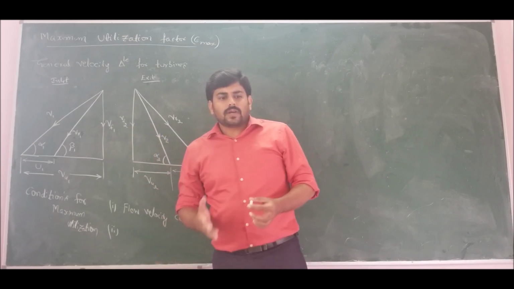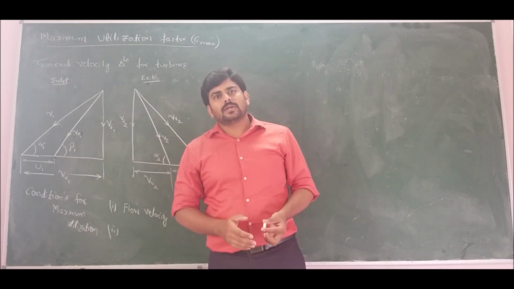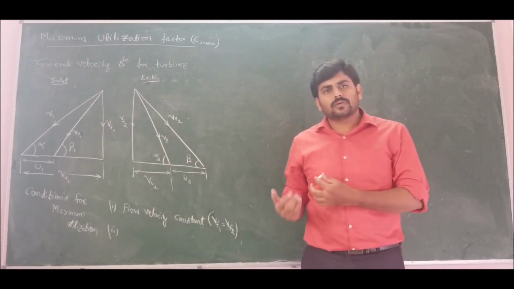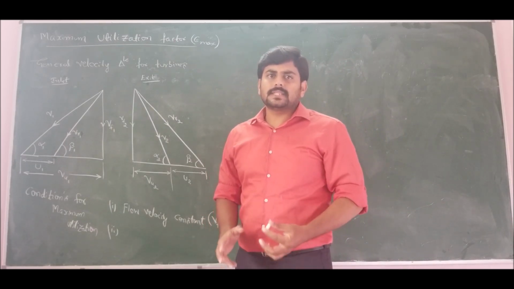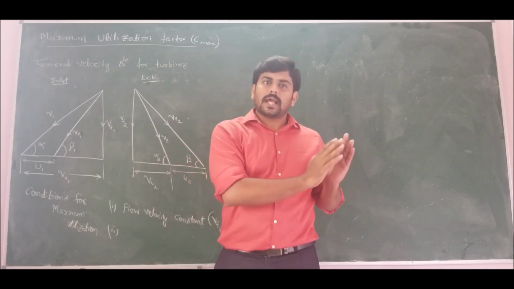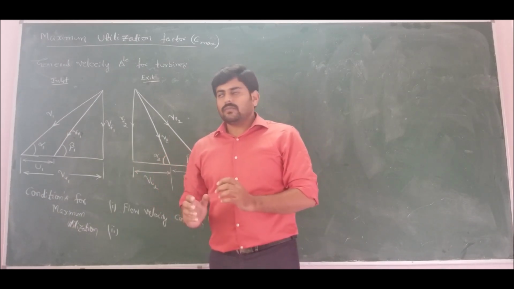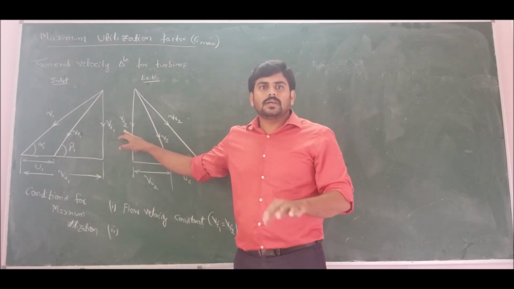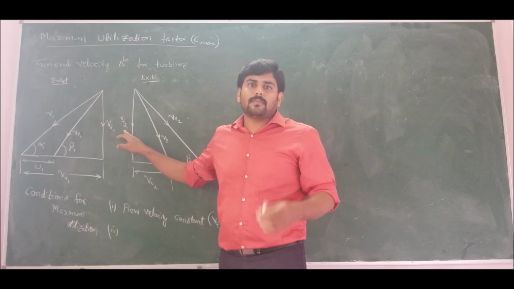In the sense, for axial flow turbines, the discharge velocity should be equal to the axial component of absolute velocity. For radial flow machines, the discharge absolute velocity of the working fluid must be equal to the meridional component of absolute velocity. What I mean to say is that Vf, the flow velocity, is nothing but the axial component of absolute velocity for axial flow turbines. Radial component of absolute velocity is for radial flow turbines. So now, for axial flow turbines, Vf is nothing but Va. For radial flow machines, Vf is nothing but Vm, meridional component of absolute velocity, which is also called the radial component of absolute velocity.